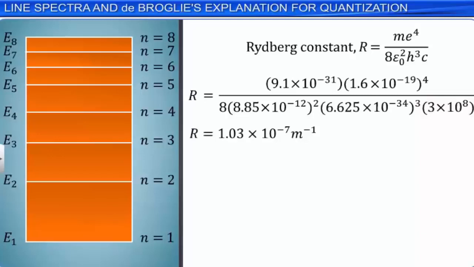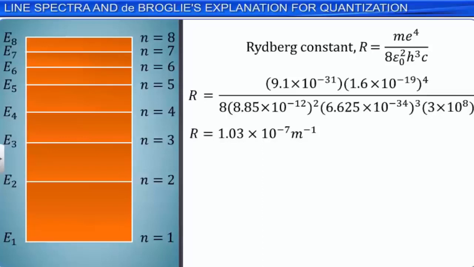This value of R is very close to 1.097 × 10^7 per meter, which is obtained from the empirical formula of Balmer. This agreement between the theoretical and experimental values of Rydberg's constant provided a direct and striking confirmation of Bohr's